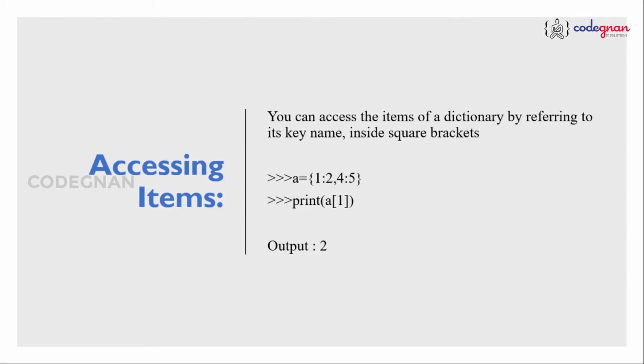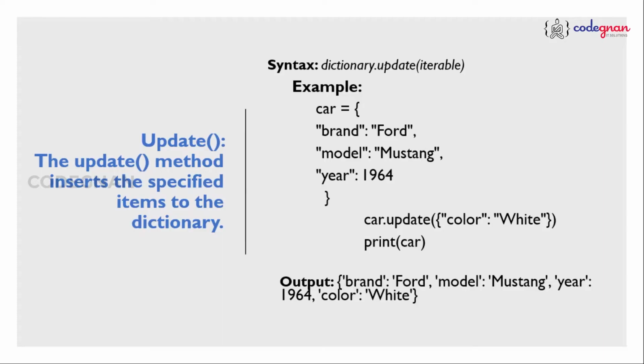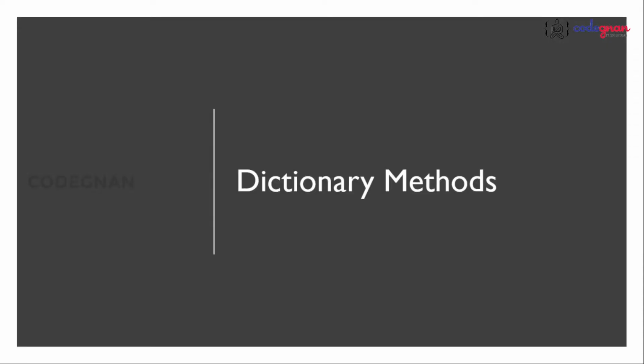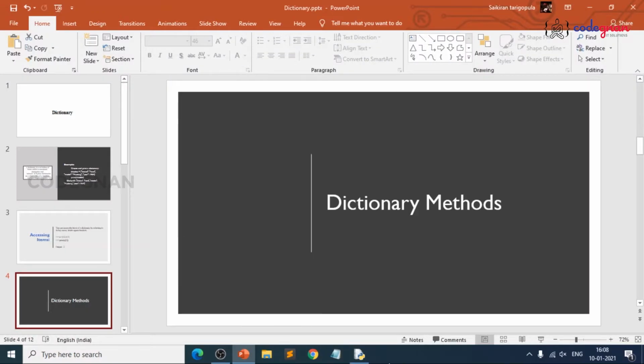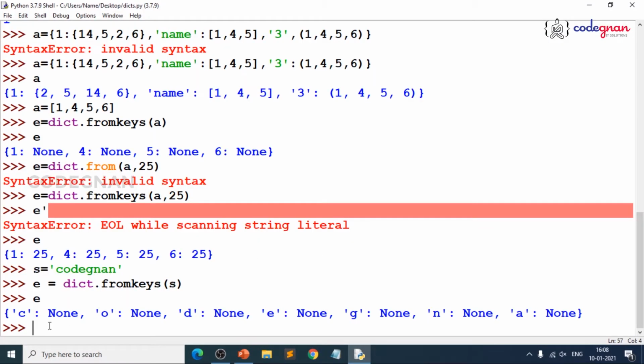You just make sure that you pass a key and you get the value. So, here A is a dictionary and how do you access that? A of 1, that's it, right? Now, let us see how you go about adding elements into a dictionary and how you remove elements from a dictionary. Just make it simple. I will always prefer the hands-on part. So, let me open my IDLE and let me start.